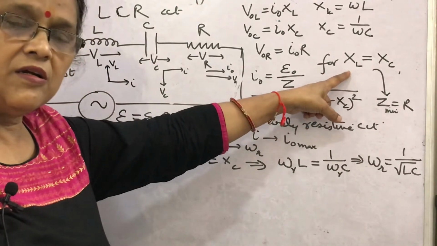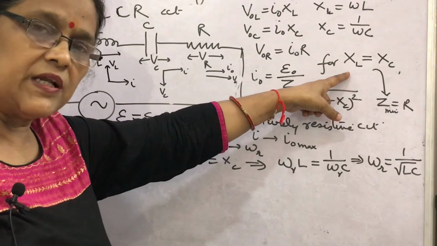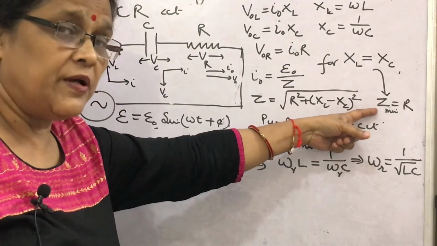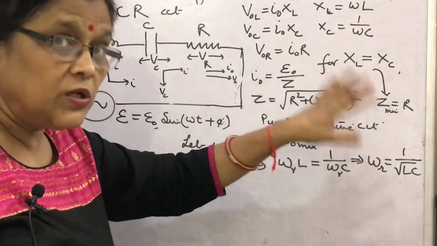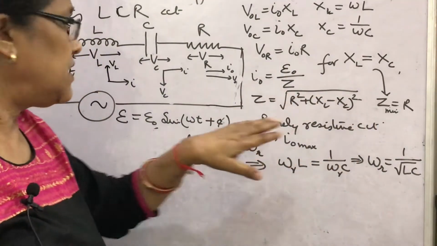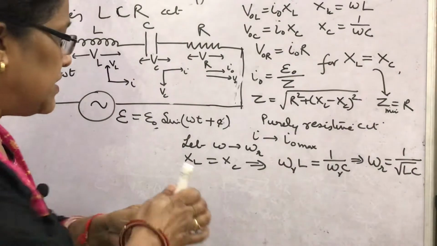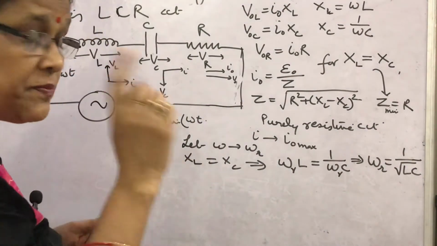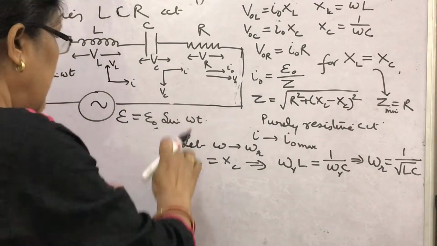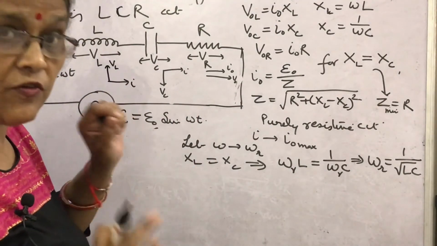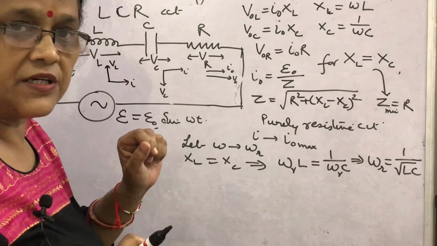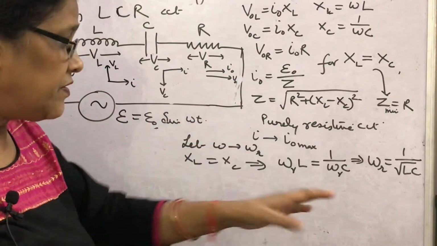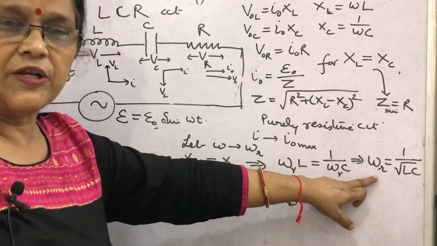Number 1, when inductive reactance and capacitive reactance become the same, impedance becomes minimum, and the circuit behaves like a purely resistive circuit. Also we can say current and voltage are in the same phase. What does the phase angle become? It becomes 0. At this particular instant, you will write there is no phase difference in a series resonant circuit. Also find the angular frequency, find the resonant frequency. In this way you can find.